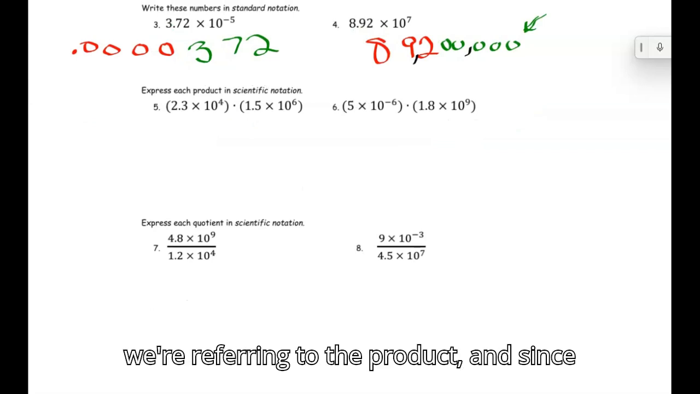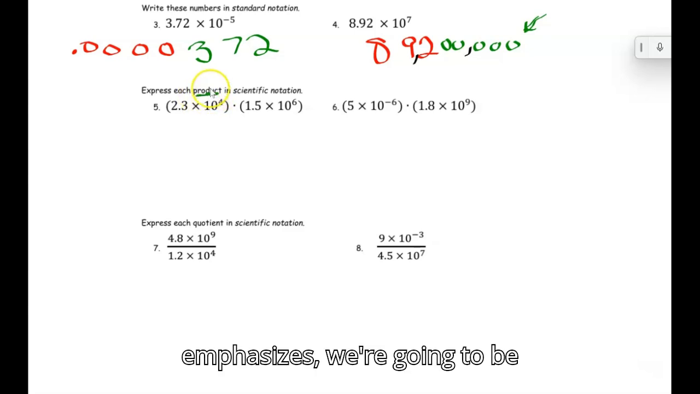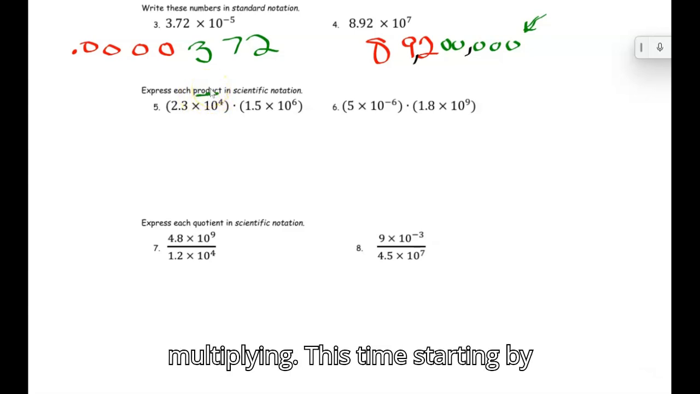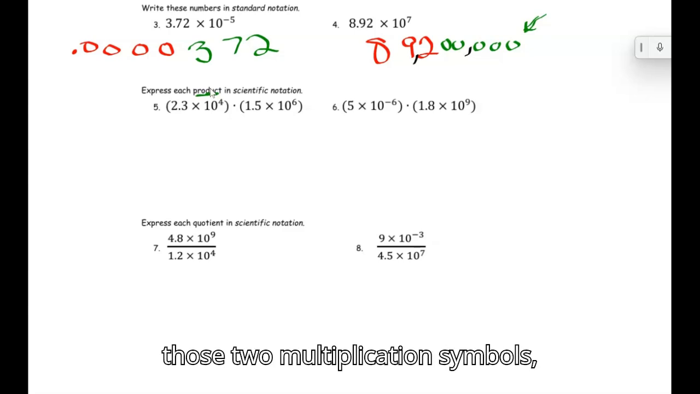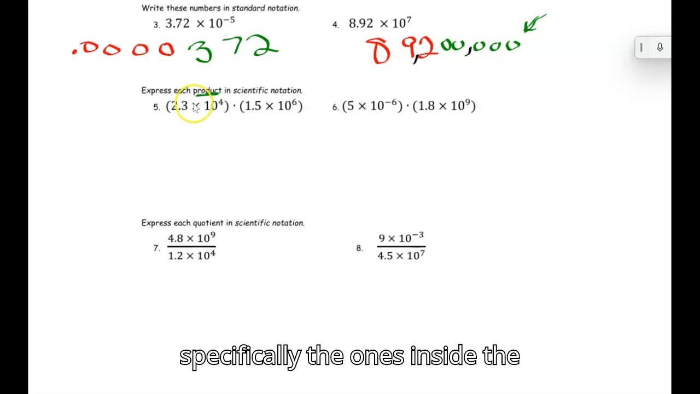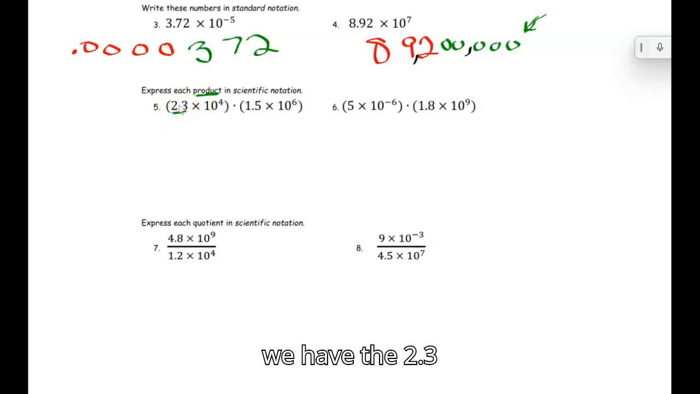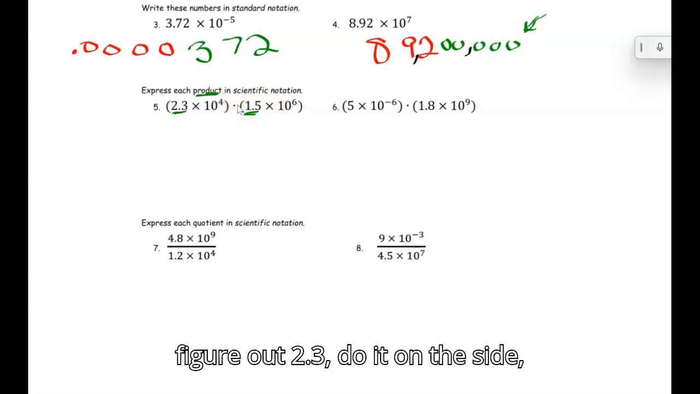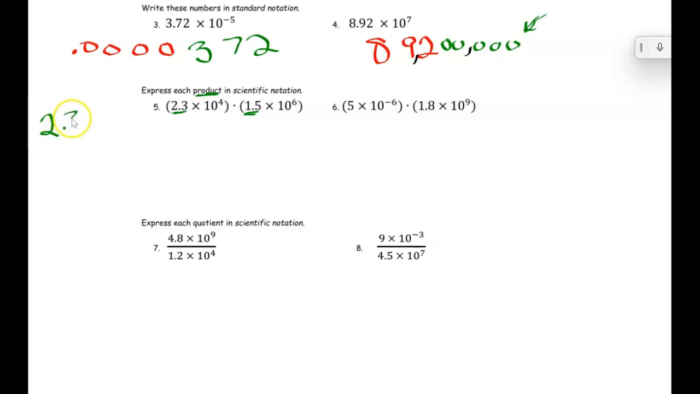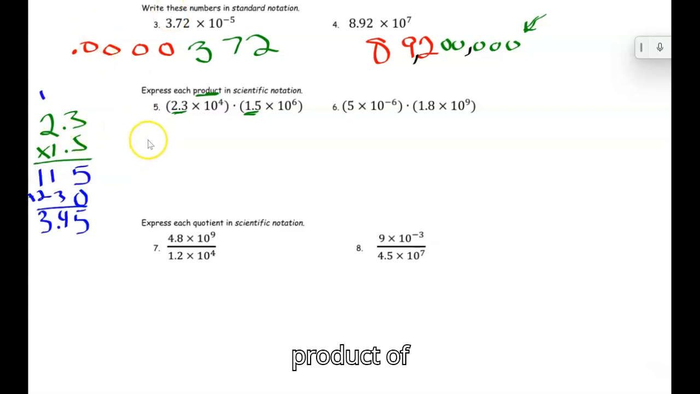Notice we're referring to the product. And since we're referring to the product, the one thing I want to make sure I emphasize is we're going to be multiplying. This time starting by multiplying the coefficients. Those are the numbers that will be in front of those two multiplication symbols, specifically the ones inside the parentheses. So for question number 5, we have the 2.3 and the 1.5. So you want to figure out 2.3, do that on the side, times 1.5. I'll do the work, and we get a product of